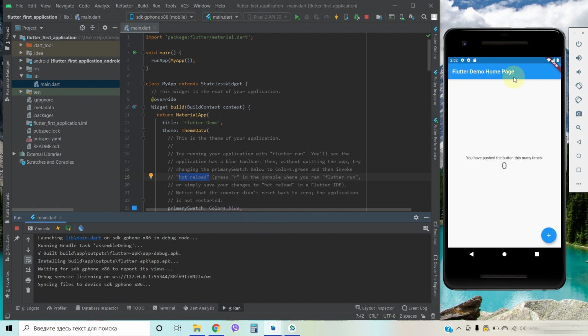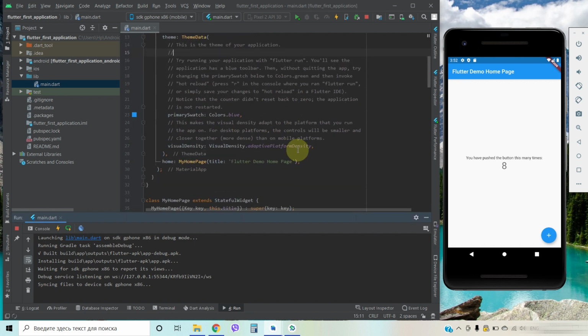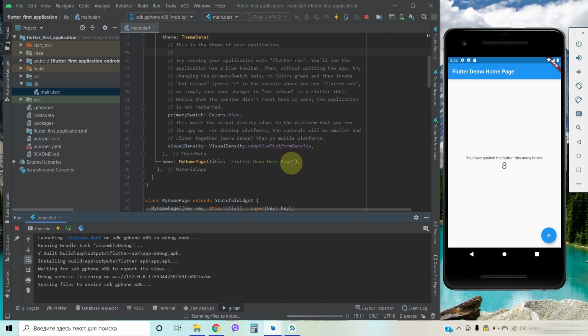As you can see, our project is running now, and we can push the button. Let's check hot reload function. Try to change home page title and save the file.